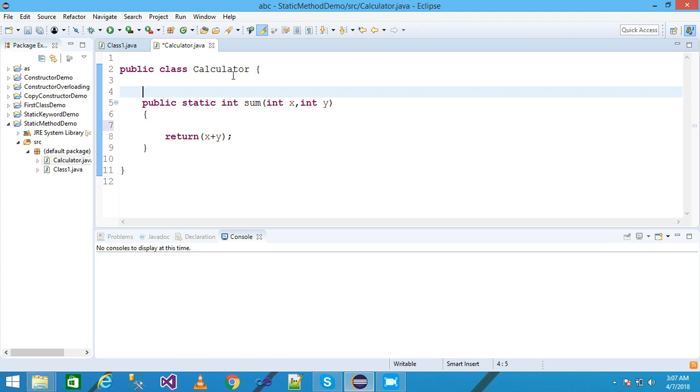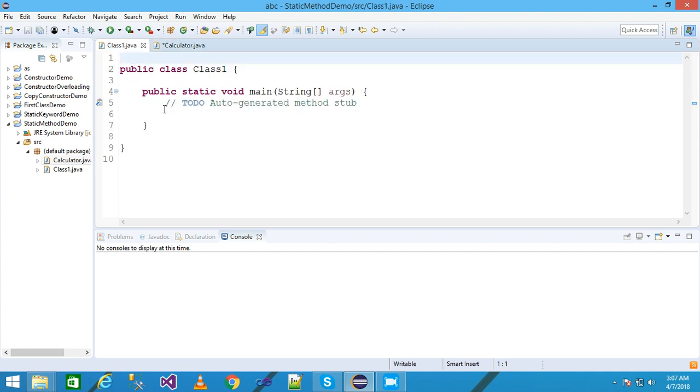You directly call it with the help of the class, and with the help of the dot operator call the static method. I want to call the sum method in my class1 main function, within the main function. So I have to come inside the main method, and here first of all